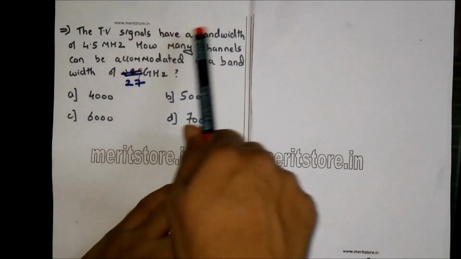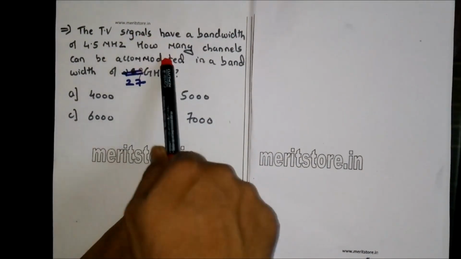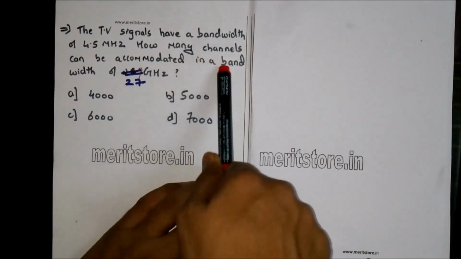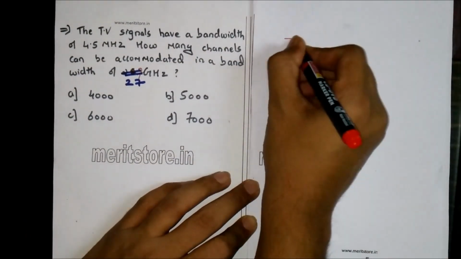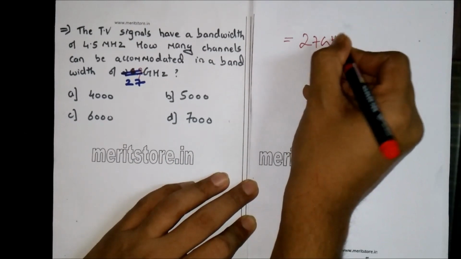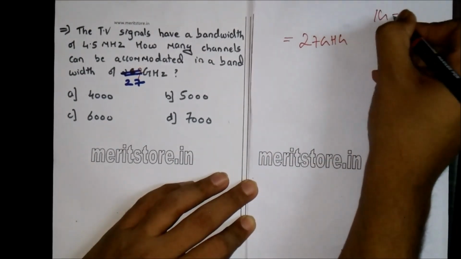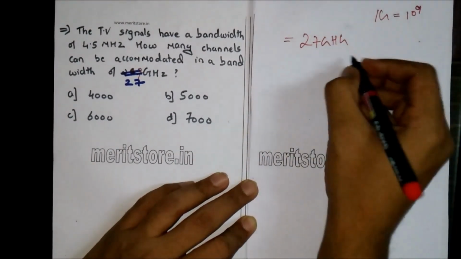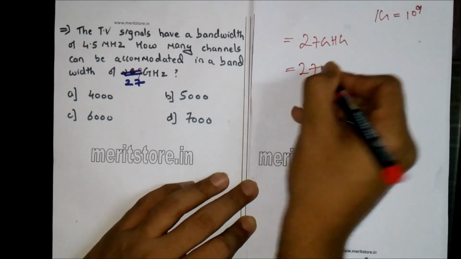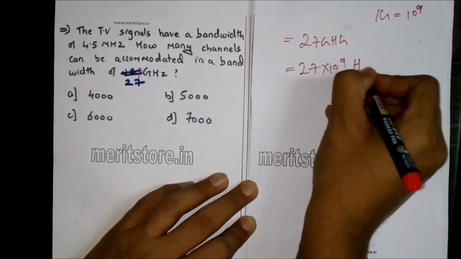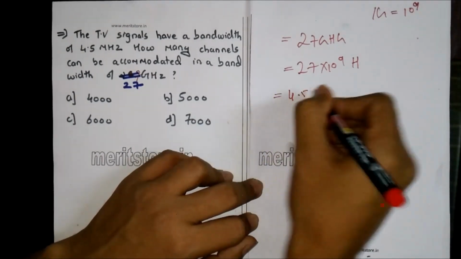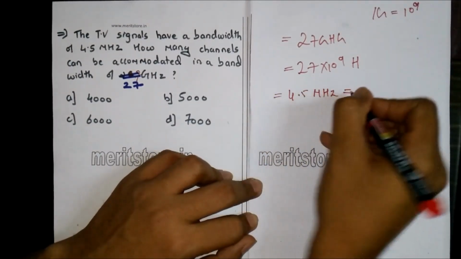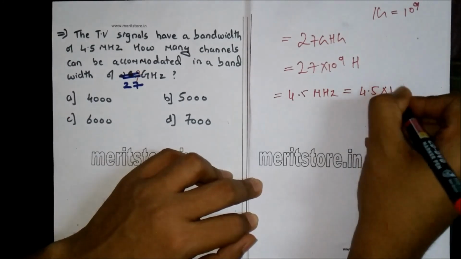The TV signals have a bandwidth of 4.5 MHz. How many channels can be accommodated in a bandwidth of 27 GHz? Now here the bandwidth of the channel is given as 27 GHz. Now 1 GHz is equal to 10 raised to 9 Hz. So 27 GHz will be 27 into 10 raised to 9 Hz. Now the bandwidth of the signals is given as 4.5 MHz, which is equal to 4.5 into 10 raised to